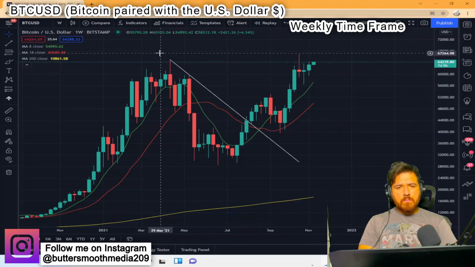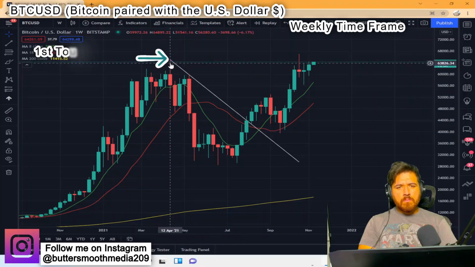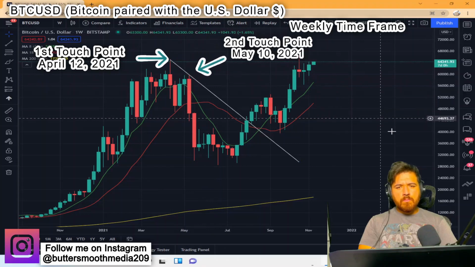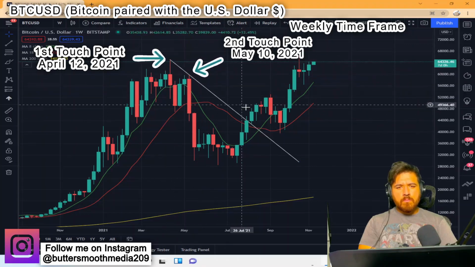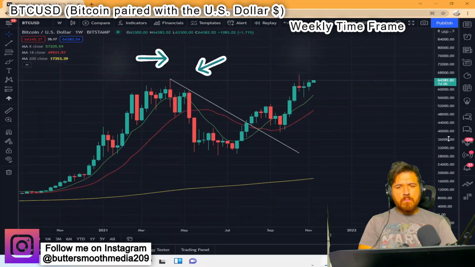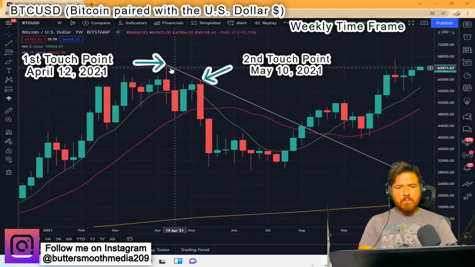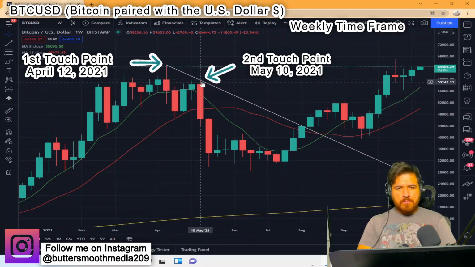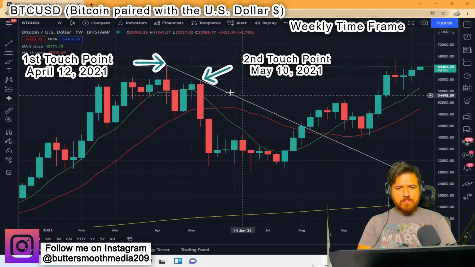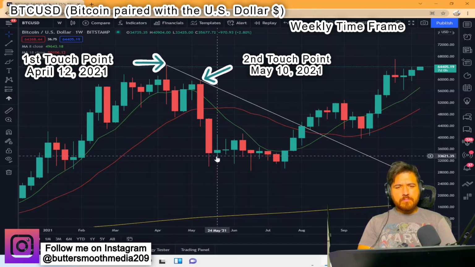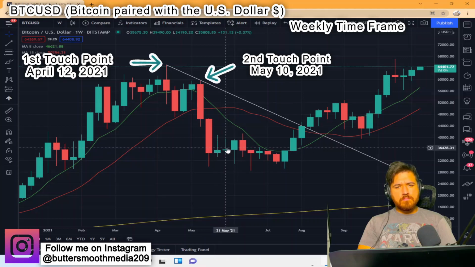We'll lock it there. So we have the first touch point here on the 12th of April, and our second touch point here on May 10th of this year. And from here, this just gives us where price could potentially drive back into in the future. So as we had our first touch point here, second touch point, which validates the trend line, and then we just extended it out. So while we were down at these levels, the 30,000, 29,000 up to about 35,000, we